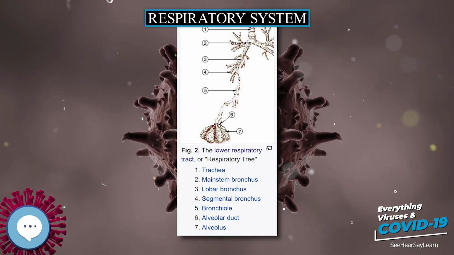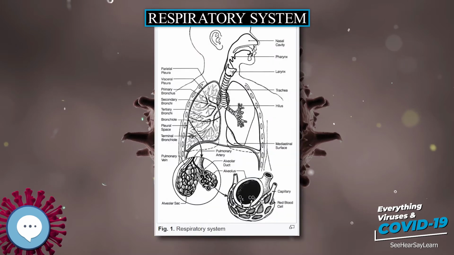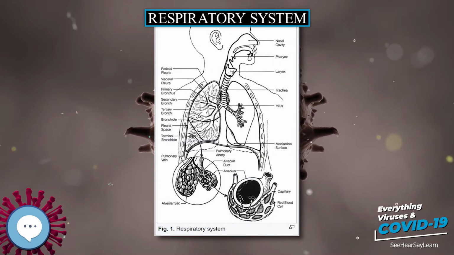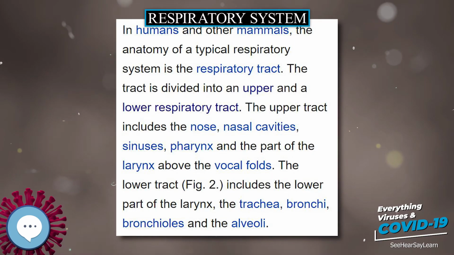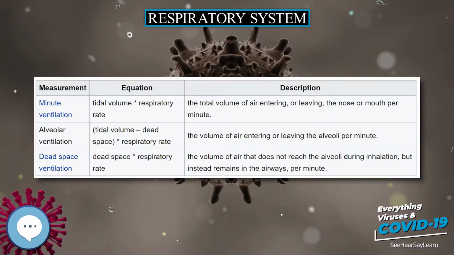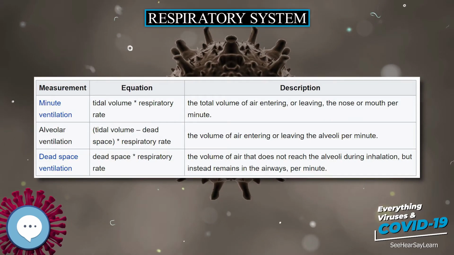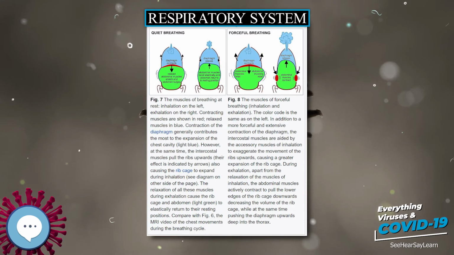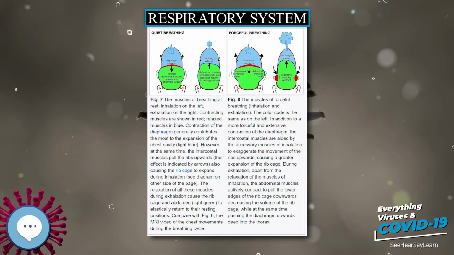During heavy breathing, exhalation is caused by relaxation of all the muscles of inhalation. But now, the abdominal muscles, instead of remaining relaxed, as they do at rest, contract forcibly, pulling the lower edges of the rib cage downwards, front and sides, Figure 8. This not only drastically decreases the size of the rib cage, but also pushes the abdominal organs upwards against the diaphragm, which consequently bulges deeply into the thorax, Figure 8.